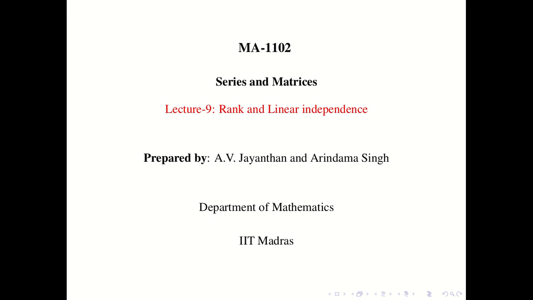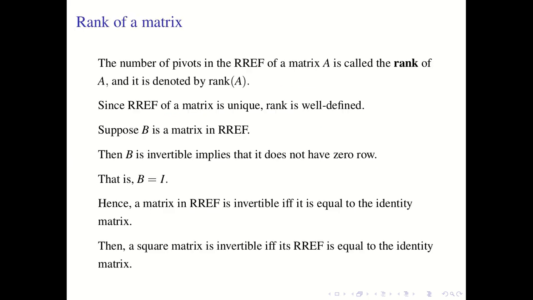Welcome to lecture 9. In this lecture we talk about rank of a matrix and linear independence of its rows and columns. The number of pivots in the row reduced echelon form of a given matrix A is called the rank of A. We have shown in the last lecture that